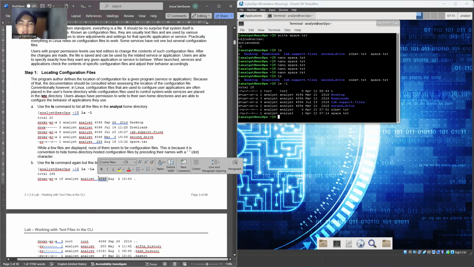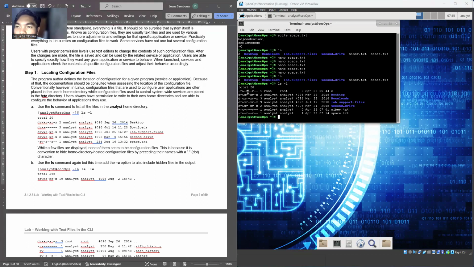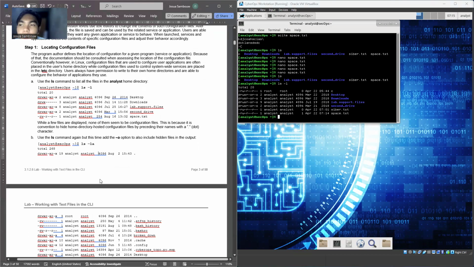It's different. Like rw. Oh, no, it's different. Oh no, it's the same. I missed it. Let's go back to point A from before. Total 20, it's the same, the rw and so on.